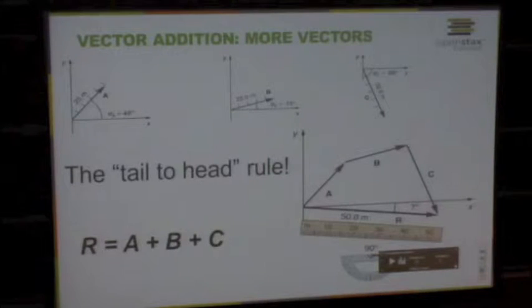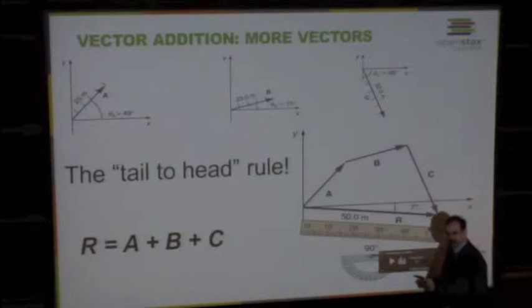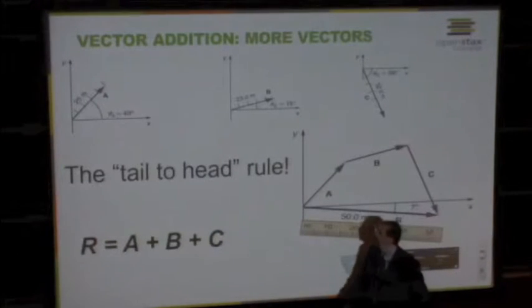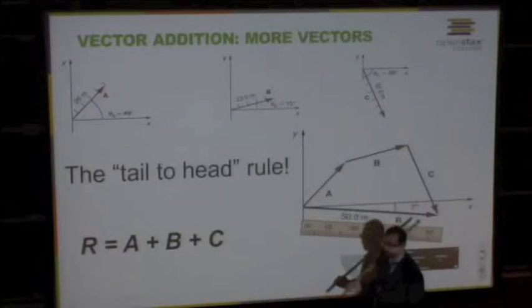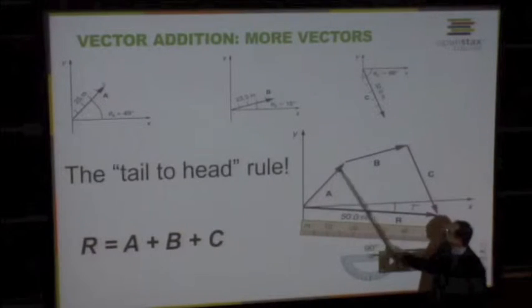What do we do if we have to add several vectors? That's what we have to do. We just have to repeat the same rule as many times as we need. For example, a plus b plus c. First we can do a plus b,